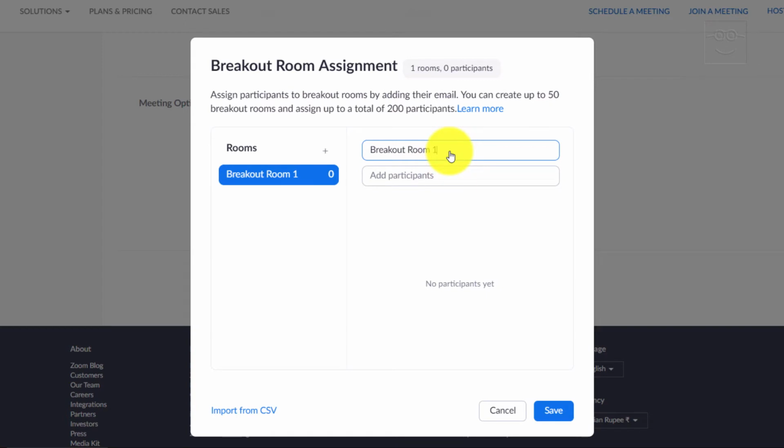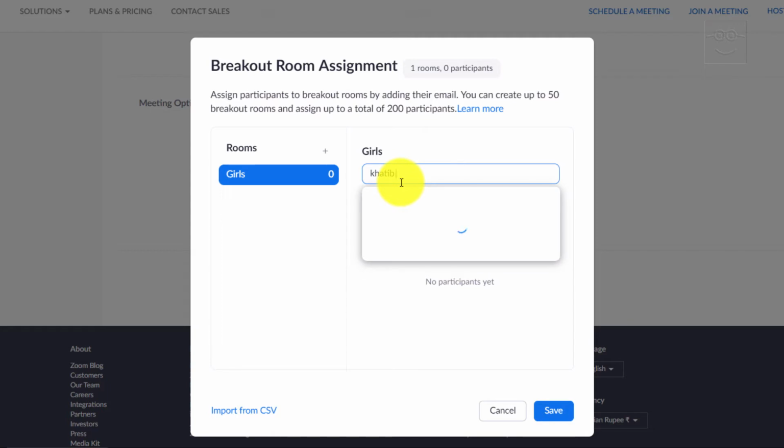Click on that. You can then rename the groups to your liking. I've decided to make it girls versus boys just for fun or for this class. Then click Add Participants, and I'm going to manually type in the email addresses of participants whom I want in the girls group.